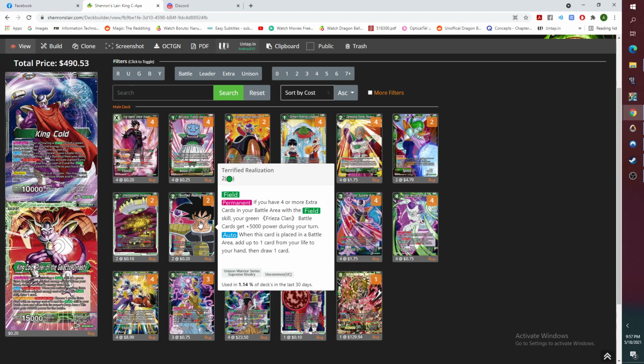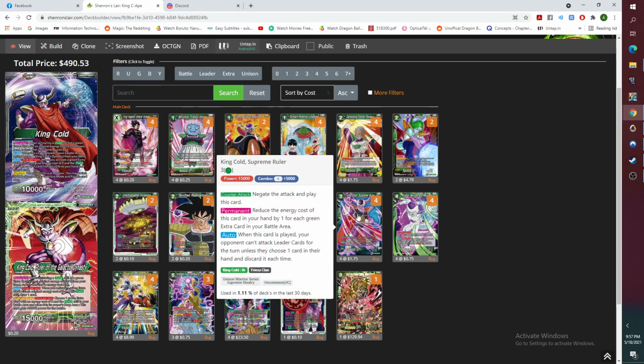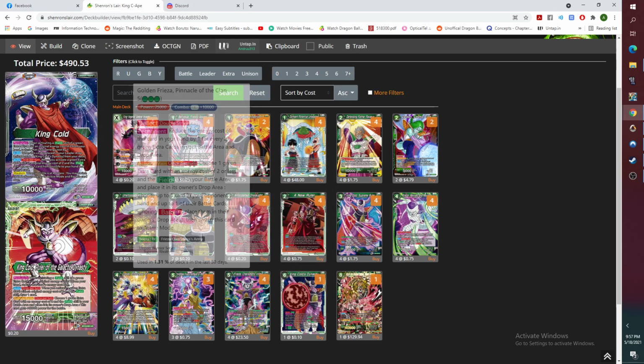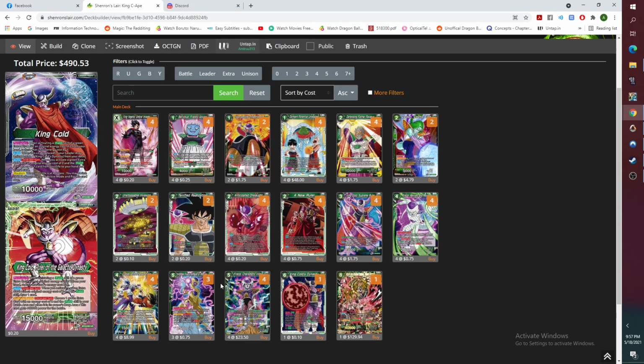Every single one of your battle cards is going to get pumped by this because they're all Frieza Clan, Frieza Army, except the secret rare. It's going to turn your 5-drop Charismatic Villain into a 15k beater. It's going to turn your Coolers and your King Colds into 20k beaters. It's going to turn your boss monster into a 30k double strike dual attack. It's just a lot of value for one card,